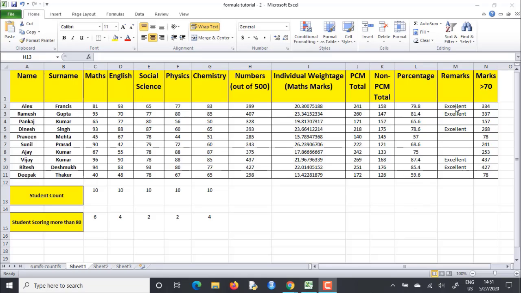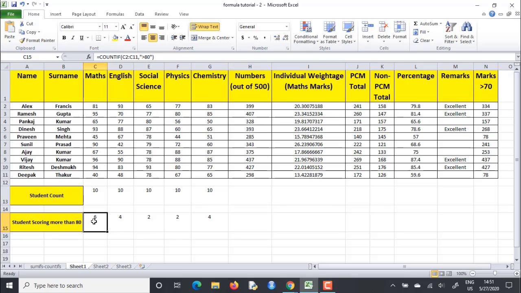An if function was a conditional statement. So here we used the if statement to give the remarks to students who had a percentage of greater than 75 and leave the cell as is if the percentage is less than 75. Then we used the if in combination with the count.